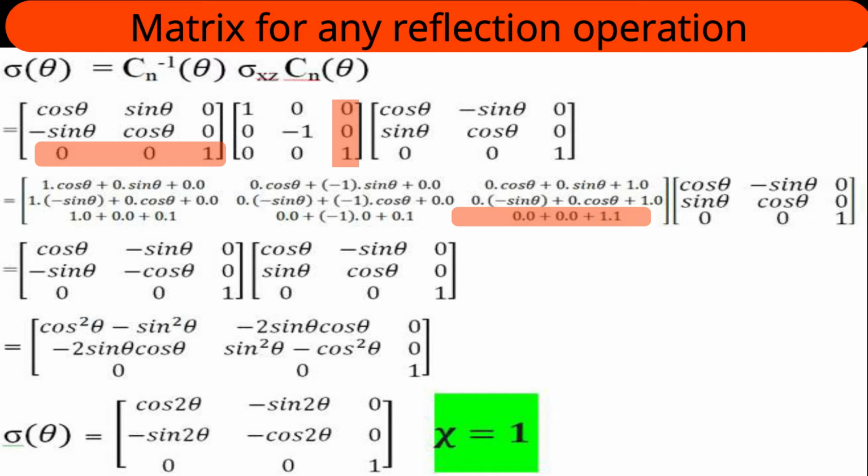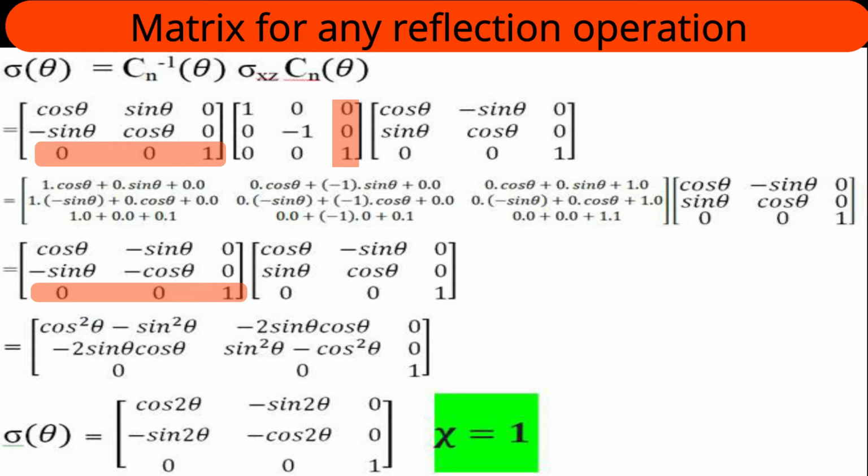That is the multiplication of the first two matrices, and I am just representing the third matrix which was there previously as it is. After simplification of the multiplication, I'll get the result of multiplication of the first two matrices in the original equation as cos theta, minus sin theta, 0; minus sin theta, minus cos theta, 0; 0, 0, 1, and the third matrix, that's the matrix for rotation by theta as it is: cos theta, minus sin theta, 0; sin theta, cos theta, 0; 0, 0, 1. Now you should be wise enough to perform a direct multiplication.